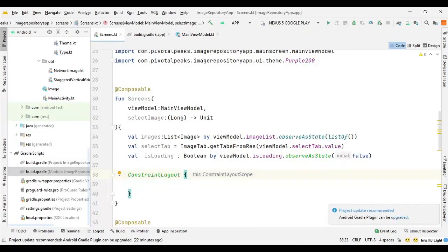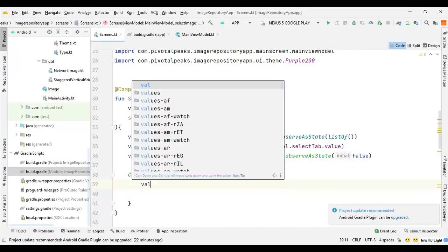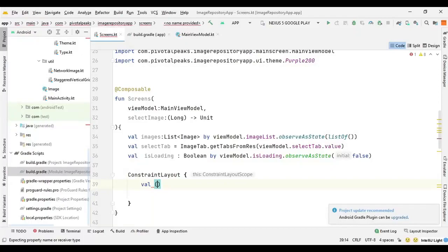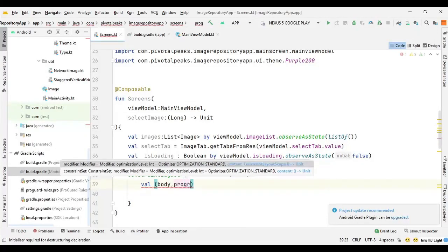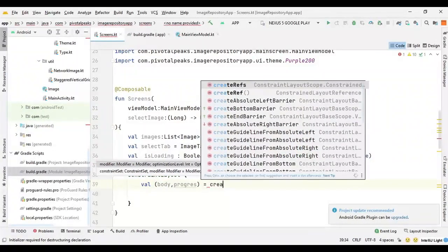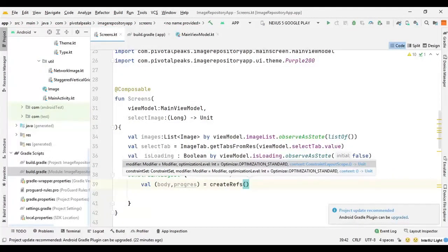And again, by now you must know that we need to create references for the constraint layout. So we can say val, and we need a body and a progress, so we can say body and progress, and then we can say createRefs.